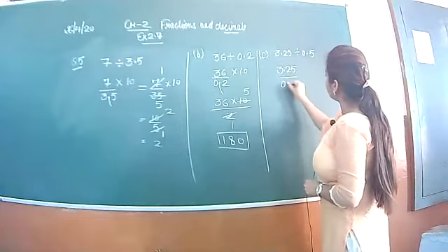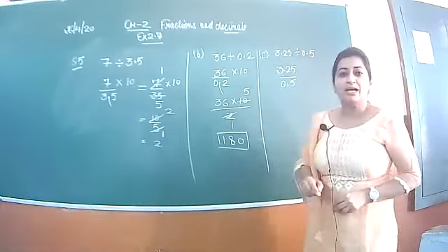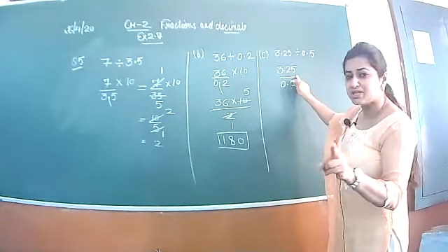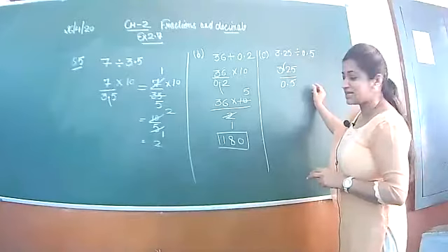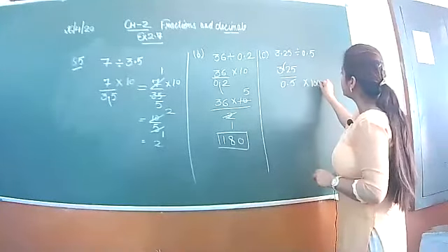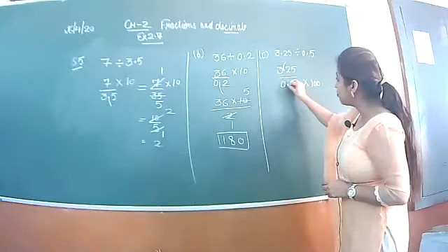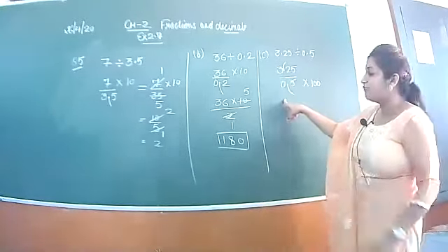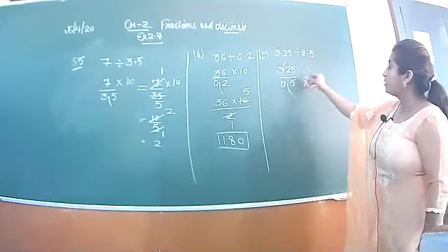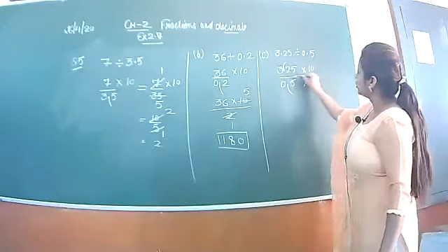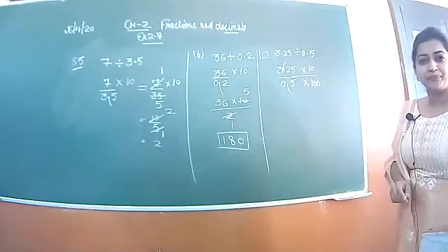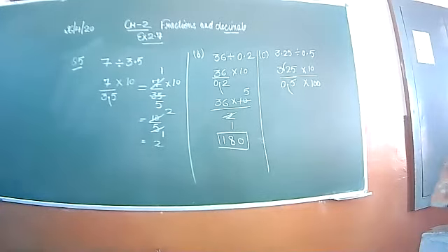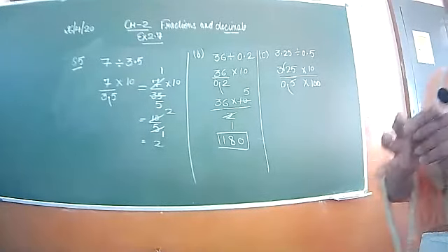3.25 divided by 0.5. Beta, as you can see, in the numerator, after the decimal, 2 digits are there. So when you remove this decimal, you will write 100 in the denominator. But when you remove the decimal from the denominator, I'm having one number after the decimal. So you will write 10 in the numerator. Is it okay? Any problem, beta? Any doubt? If you have any doubt, you can ask.